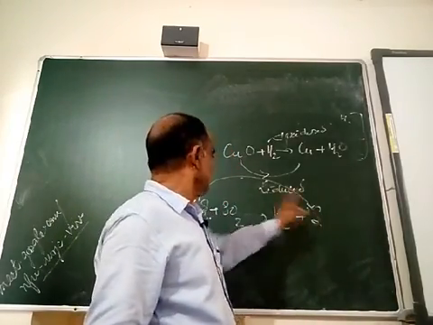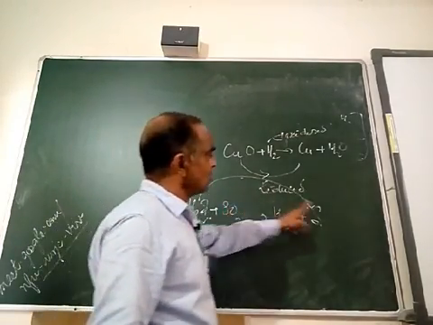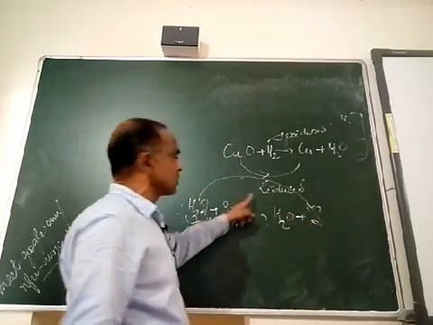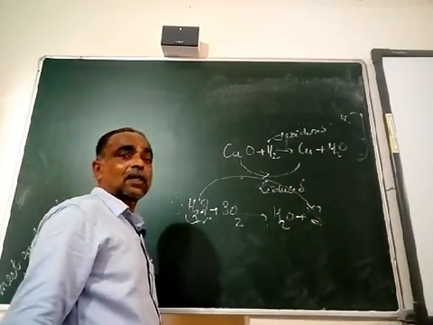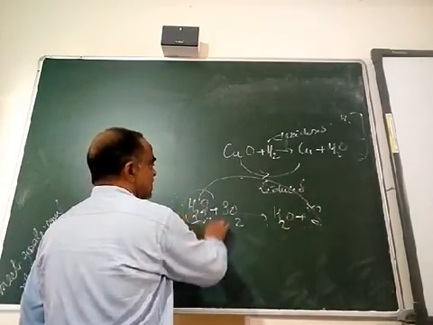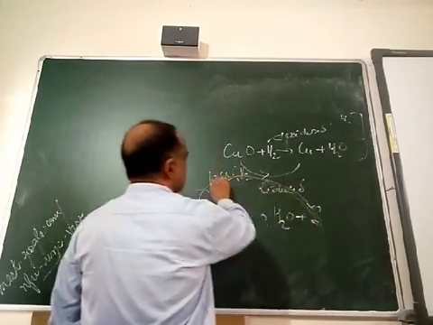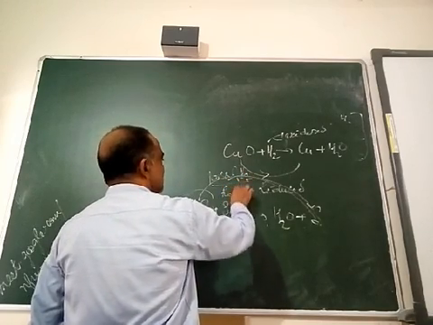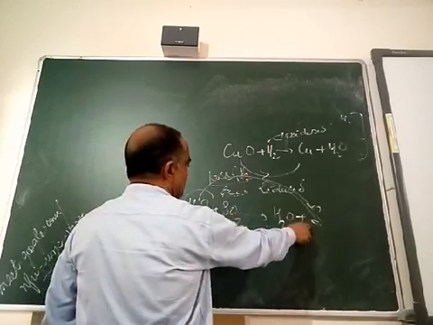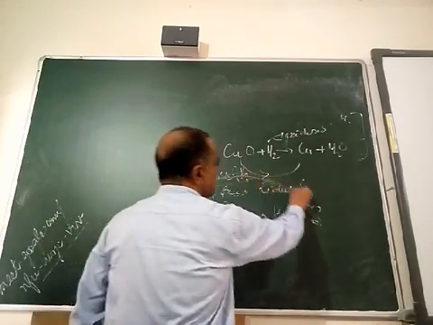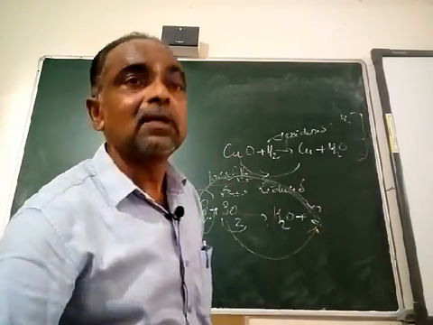Clear? Now from sulfur dioxide, if oxygen is lost, then this is also getting converted into sulfur. So we can say loss of oxygen is known as reduction. So sulfur dioxide is reduced to sulfur. Clear? H2S from which hydrogen is lost will produce sulfur. Loss of hydrogen is known as oxidation, and loss of oxygen is known as reduction. So H2S is oxidized to sulfur. SO2 is also reduced to sulfur. This is what we call redox.